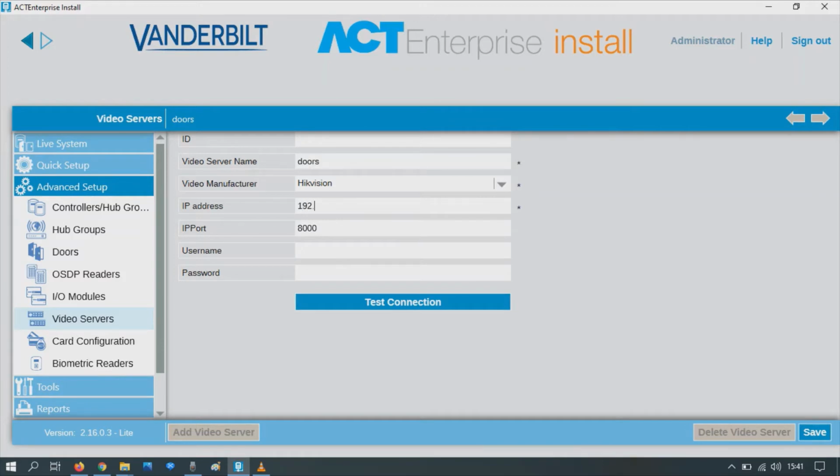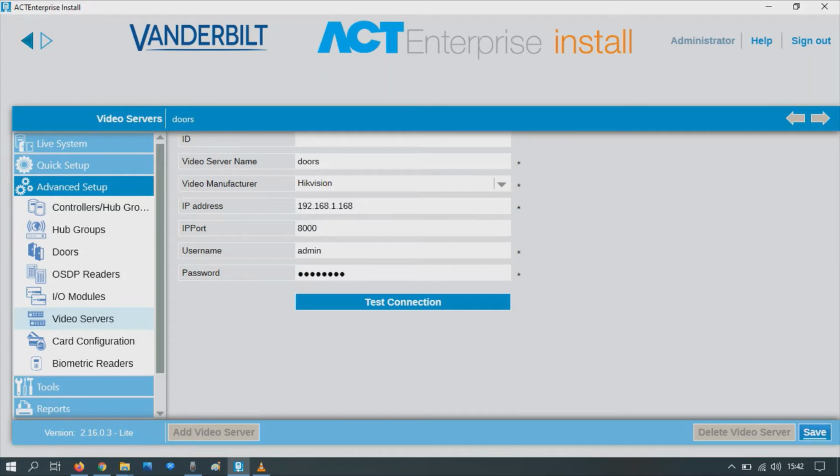The IP port will be the standard port 8000. It's then going to ask you for the username and password, which is the MVR username and password. In the bottom right, press save once it's all done, and that will save the configuration.